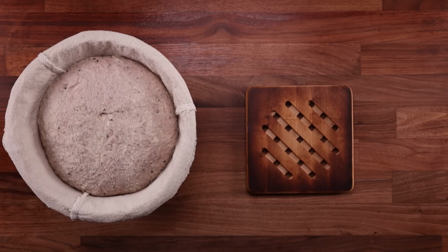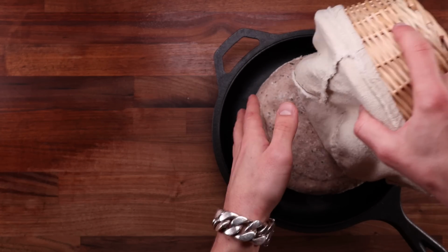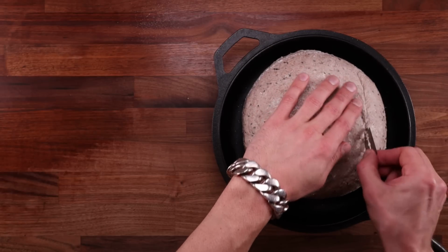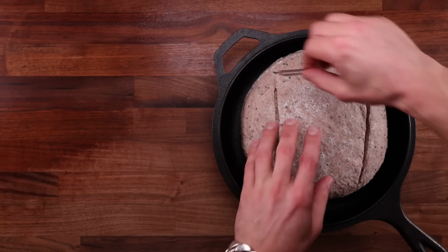Now get your preheated pan out of the oven, and be careful, don't burn yourself. Remove the lid and invert the dough onto the pan. And that's why we place it in a basket with the smooth side pointing down. And the final step before baking is scoring. You can cut it however you like, but you're creating weak points for the dough to expand out of. If you don't score it, it will open up at the weakest point, which will most likely be the bottom,